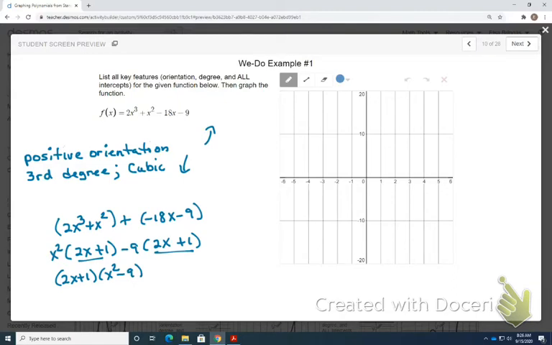X squared minus 9 is the difference of squares, so that could still be factored. So I'm going to continue factoring. So that is going to give me an x plus 3, x minus 3. And I'm finding the zeros, so I'm setting each factor equal to 0 and solving for x. So 2x plus 1 equals 0. X plus 3 equals 0. And x minus 3 equals 0. And then if we solve each one,